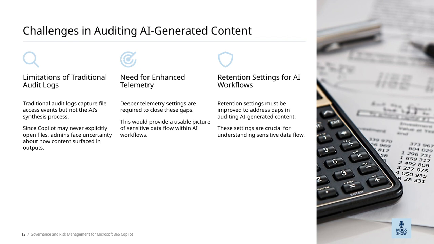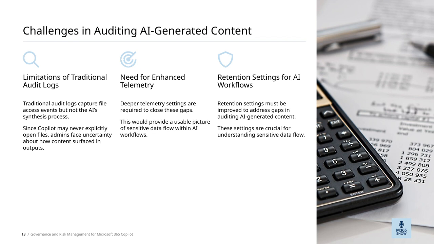But that's not all. We also need more detailed telemetry settings. By deepening our telemetry, we can close the gaps left by traditional auditing methods. This means we can better track and visualize how sensitive data moves within AI workflows, giving us a much more comprehensive understanding. Speaking of traditional audit logs, they do a good job of capturing file access events, who opened what, when,